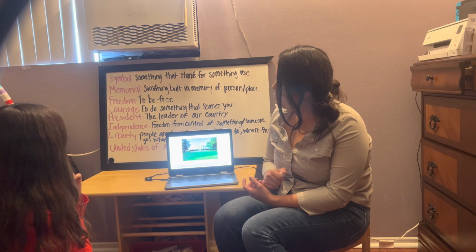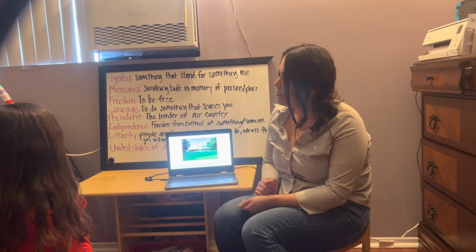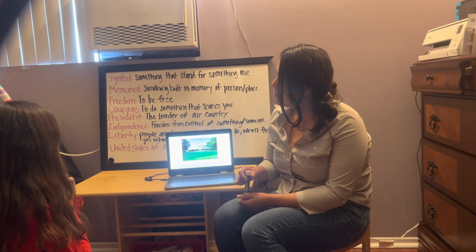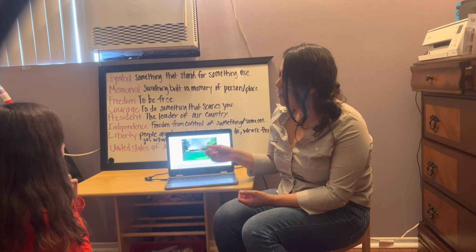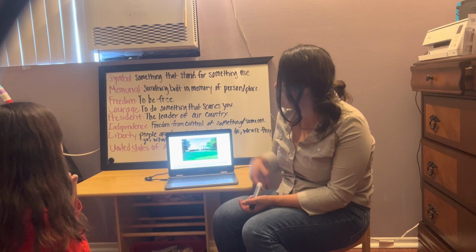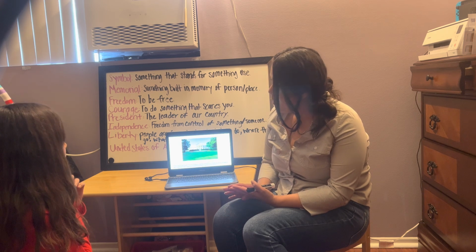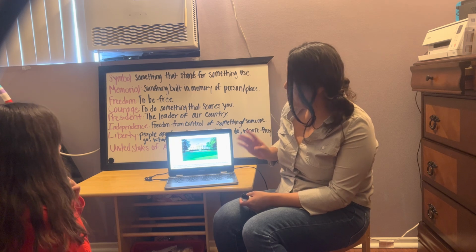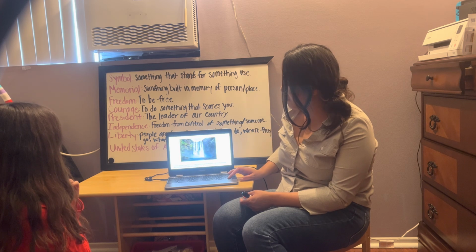What about this one? This is the White House, for those that don't know. Is this an American symbol? Yes. Why do you think so? Because all of our presidents have lived there and held important meetings about our country. Very good. The White House is the place where all of our presidents have lived, so that has to be a pretty important place that represents our country, right? This is where decisions were made, in this house. And you can also visit the White House and take a walk there, in case you ever wanted to go there. You can definitely go and visit it.